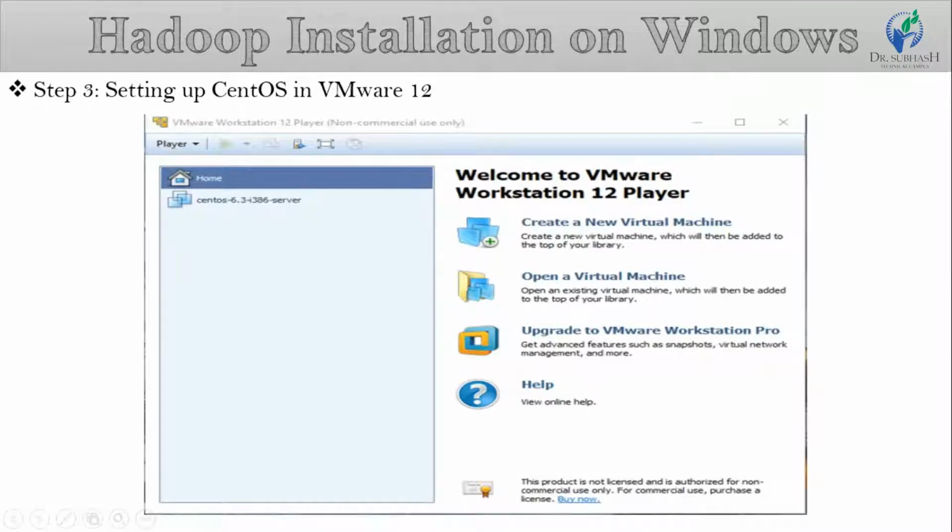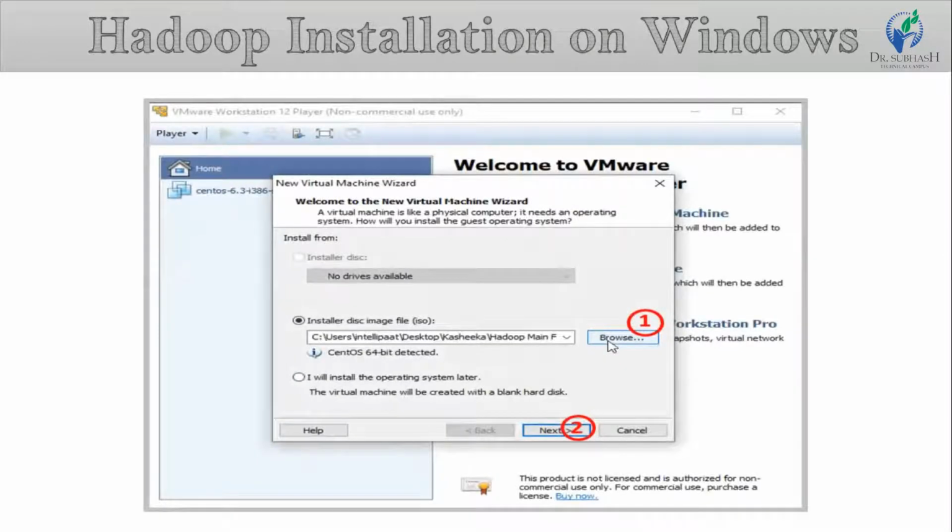Then, as seen in the screenshot, browse to the location of the CentOS file you downloaded in the first step. And second, click on next.